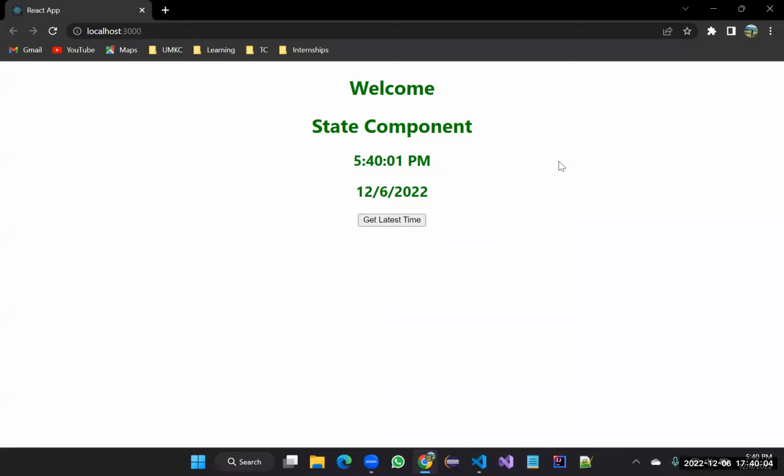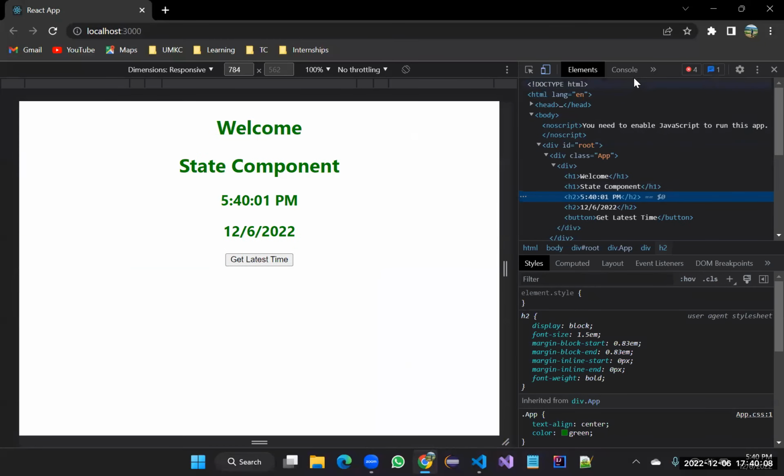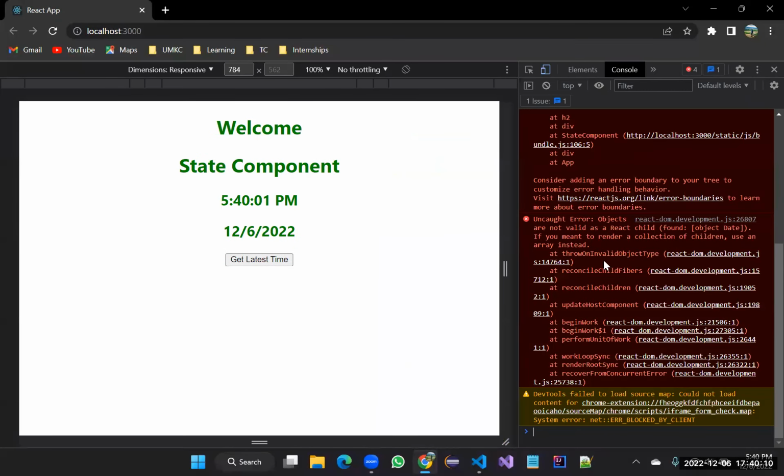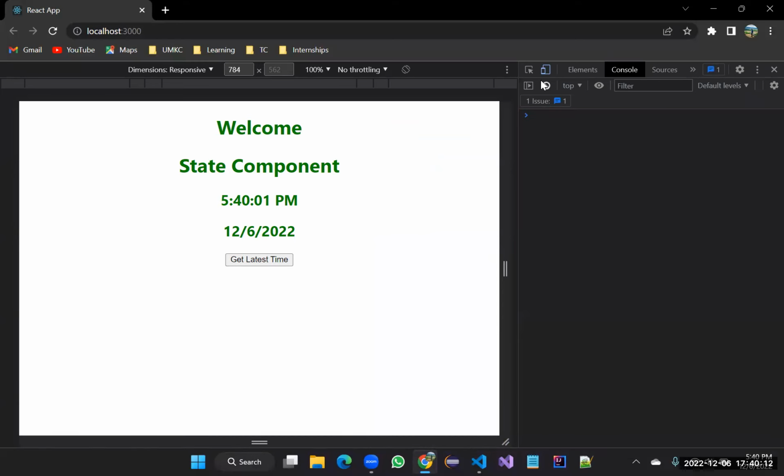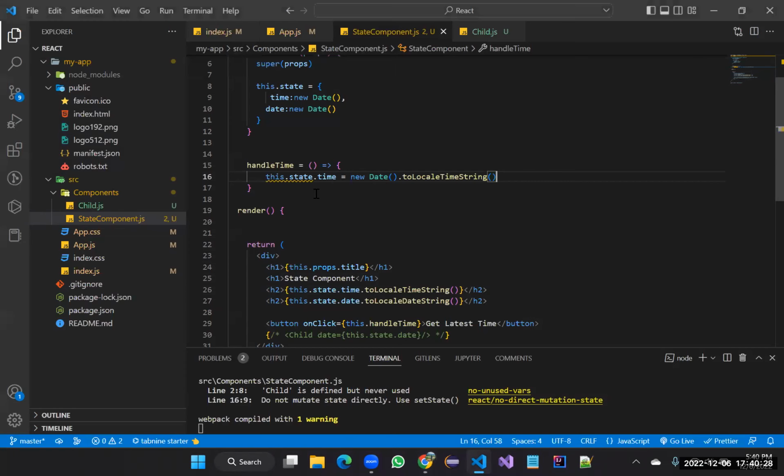I'll just open the console. You can see here, once I click on get latest time, you don't get the actual time, because there is no re-rendering occurring in React. React doesn't understand that a change has been made in the component. So I need to update it. Instead of this, you need to use